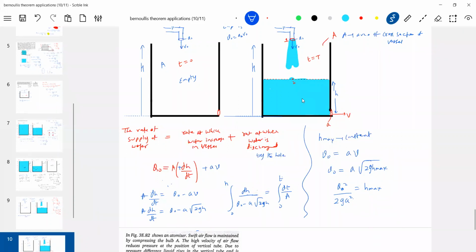There's another condition. So I can put a hole in a vessel. What is the time